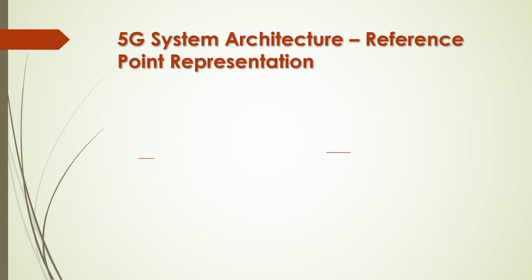Now, after discussing the 5G core concepts, we have to move to the 5G architecture. Up till 4G, we used to represent the architecture using reference points. That means there were certain network elements, and we used to have a point-to-point connection between each and every network element. This type of representation is called reference point representation. In the 5G system architecture, we can represent the architecture in two ways. The first is the reference point representation, which is similar to the 4G or EPC architecture.